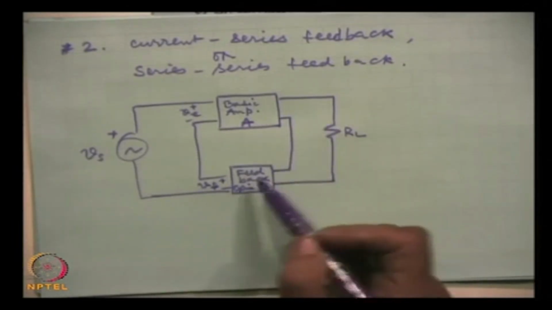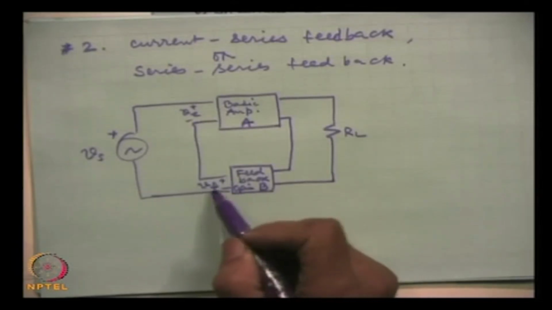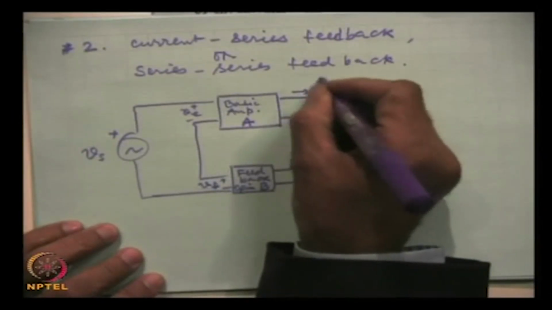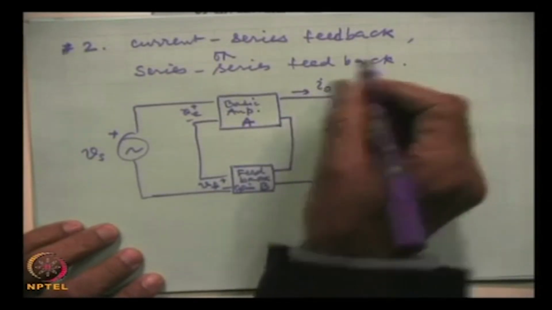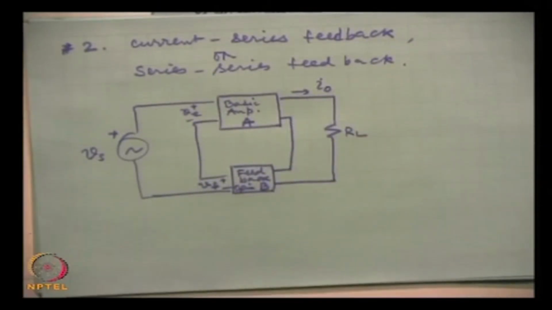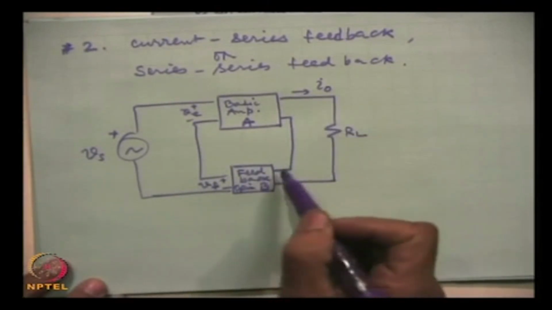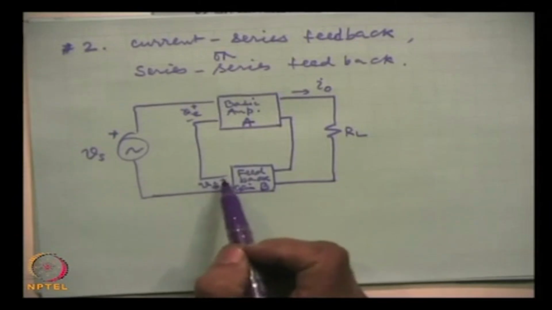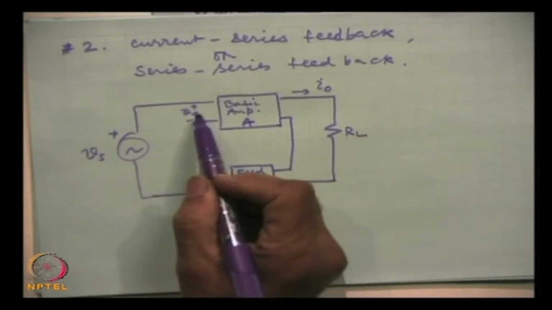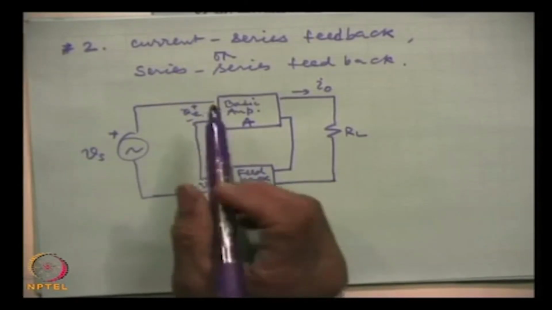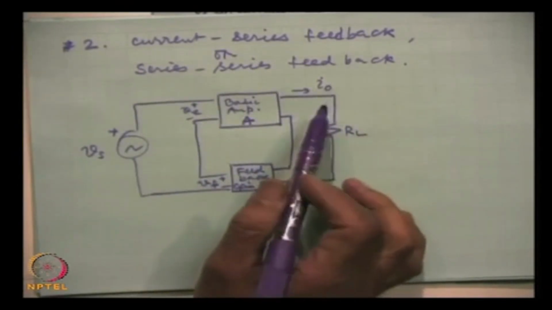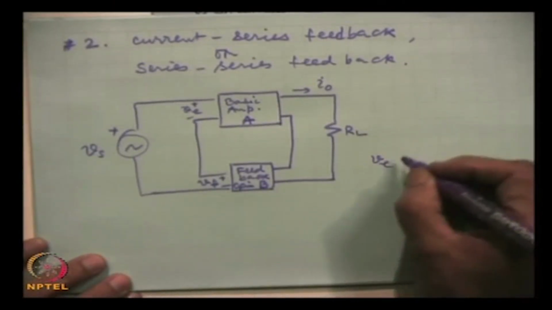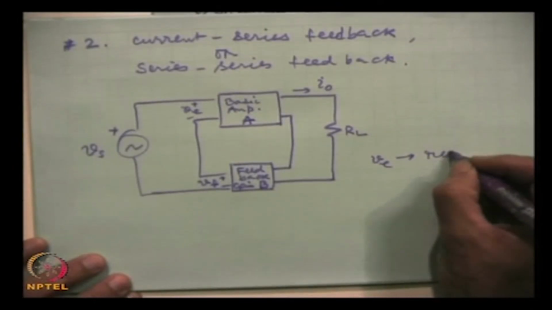Because the voltage which we are feeding back will vary in proportion to the output current I 0. This current, when it flows through this feedback network, will generate a voltage which becomes part of the input and hence the negative feedback. This is current series feedback, and one thing to remember is V F is the return signal